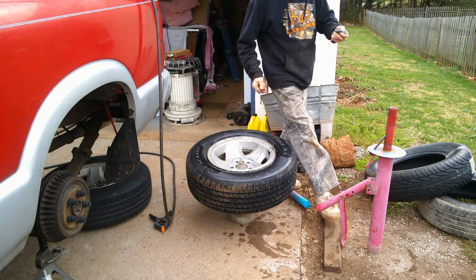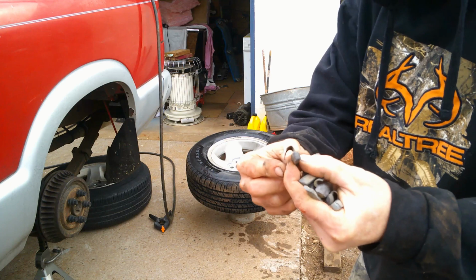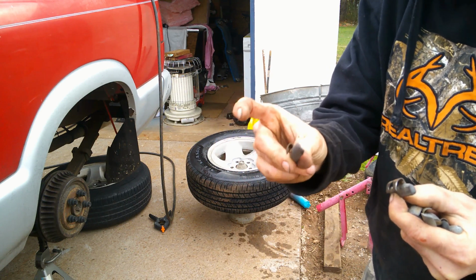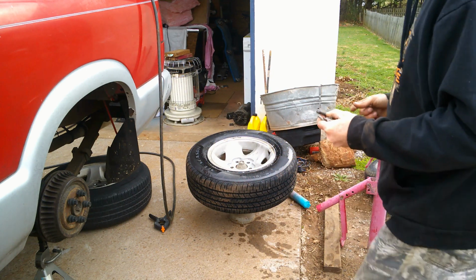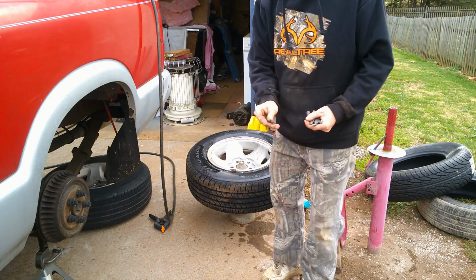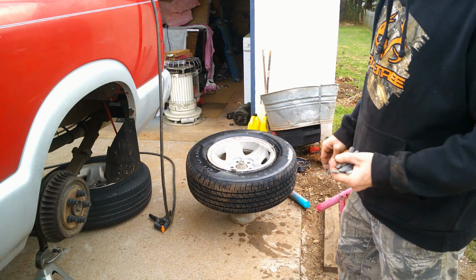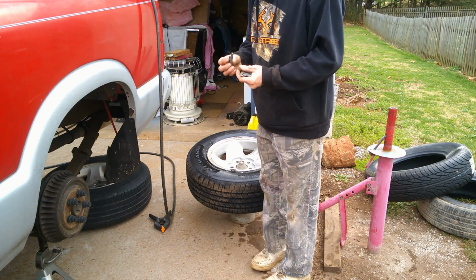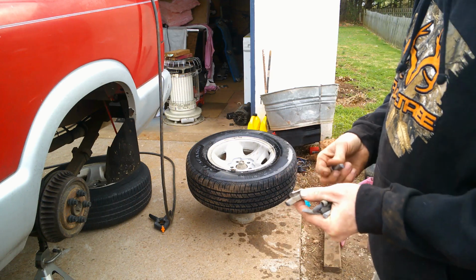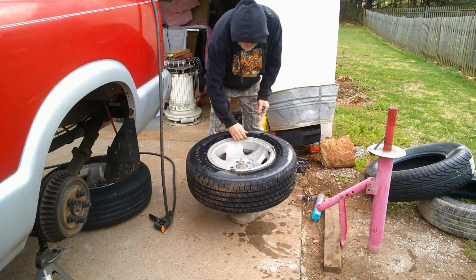Now you can go buy these weights brand new, probably off Amazon, which I probably will. I'm going to show you the difference. If you see that big opening right there, and you see a small opening there, this is usually a steel rim. This is usually an aluminum rim. But what you got to do is look at the lip, because you got to imagine that's going to sit on that lip. You don't want to shove a steel one on there, because it's going to bend that out and it'll never stay on there. Plus you're going to mess your rim up. So what you're looking for, if you're saving them, is the big openings. And some manufacturers actually make their rim a little different. So if you can't find that,